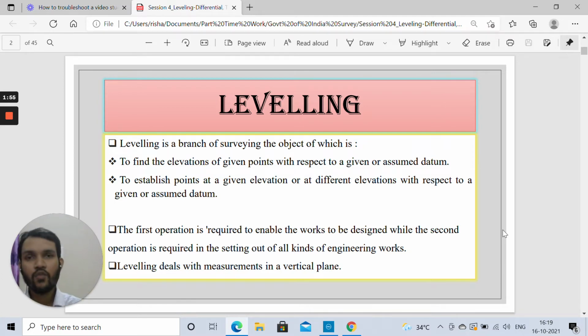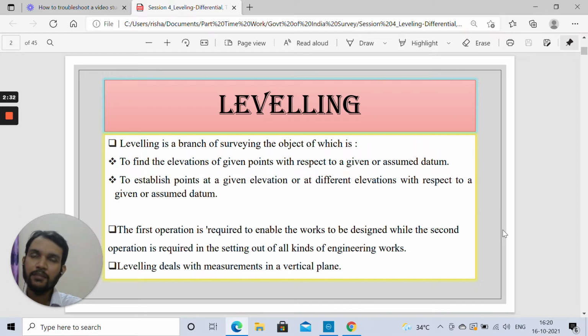Or we may be required to establish a certain point at a particular height, at a particular depth. Suppose it is given to us that we are about to make an excavation there. If the ground surface is at a certain level and we want a point 50 centimeter downwards, or 0.5 meter below the ground surface, or with reference to the particular point which we have considered as a benchmark, then if this elevation is 50 meter, we need to establish a point whose elevation should be 49.5 meter.